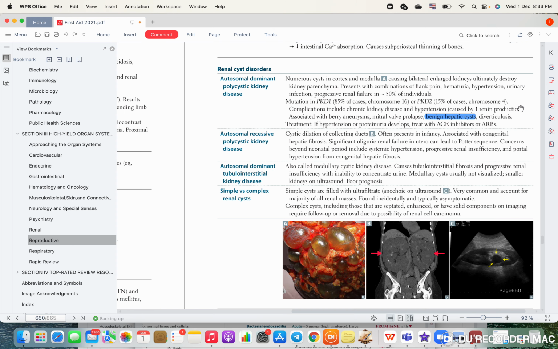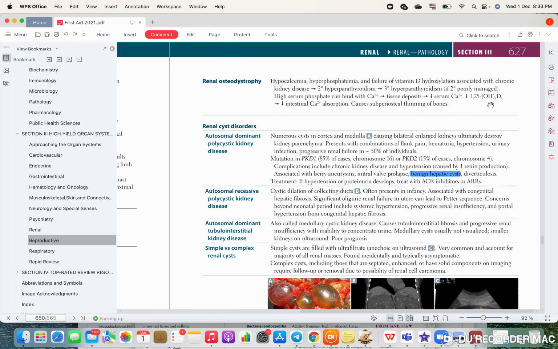Okay, let's speak about, where is vitamin D made in the kidney? Is it the distal convoluted tubule? Is it? It's actually vitamin D is made in the PCT. Okay,